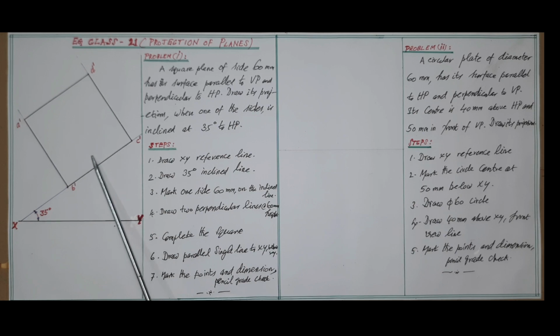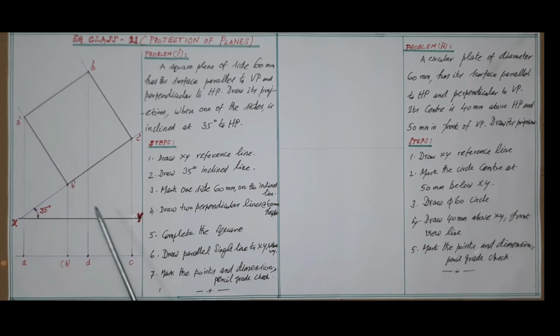Now the corresponding top view for this square is to be drawn on the horizontal plane, that is on the HP, in the next step. Now seeing it from the top view, it gives a single line shape as shown in the HP below the XY line. Now mark all the corners and points for the above. Once again check it: A dash, B dash,